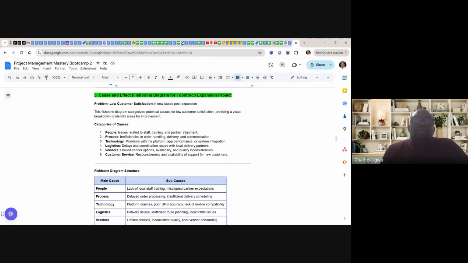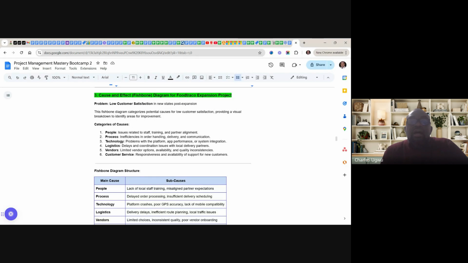The fishbone diagram of cause and effects, we call it cause categories of causes of this customer satisfaction. This helps us to capture different causes. That's category. Number 1 potential cause is here you see people related to staff training and partner alignment, processes insufficiency